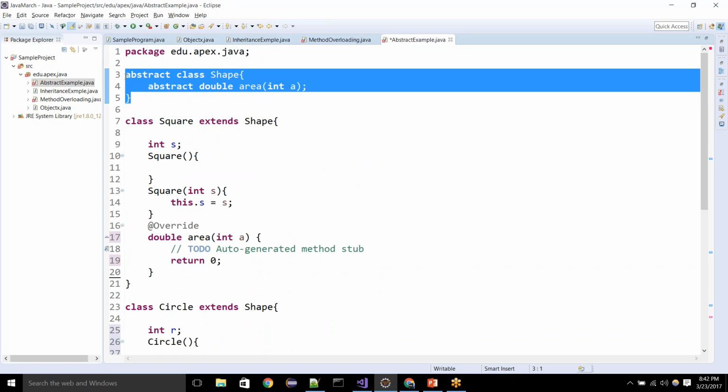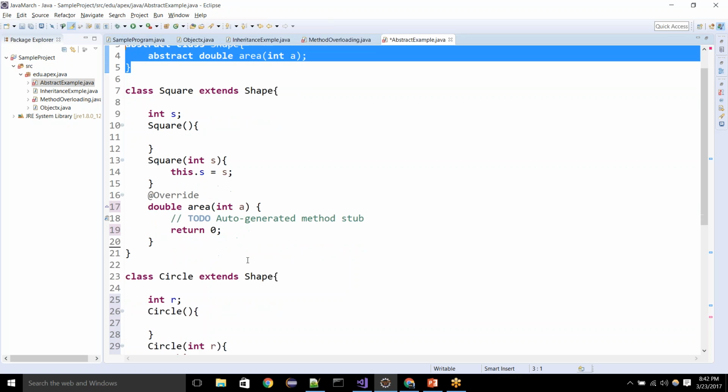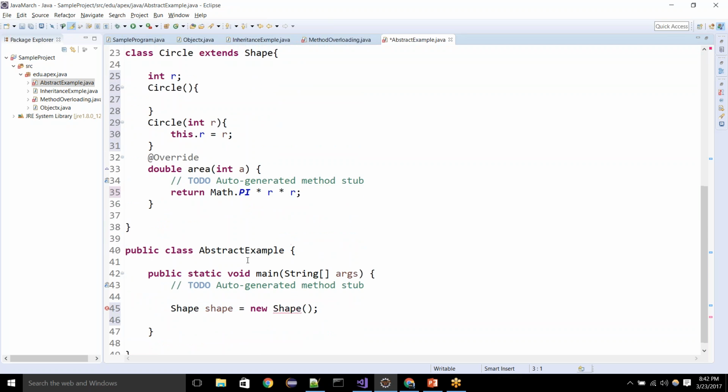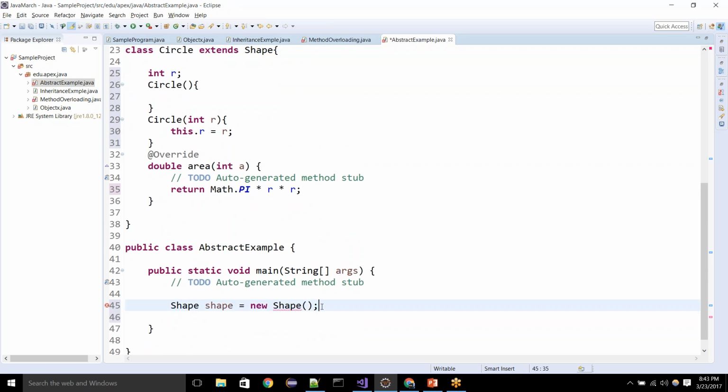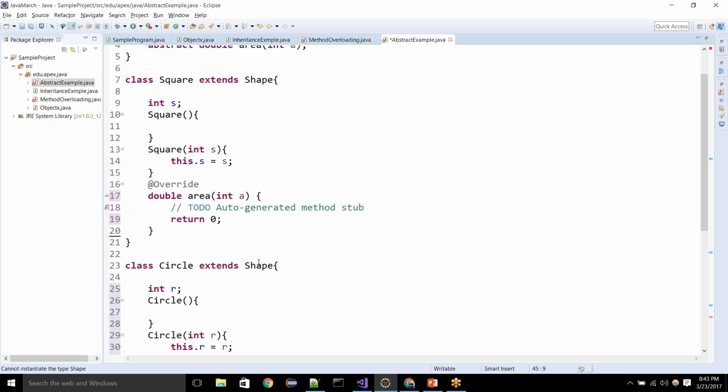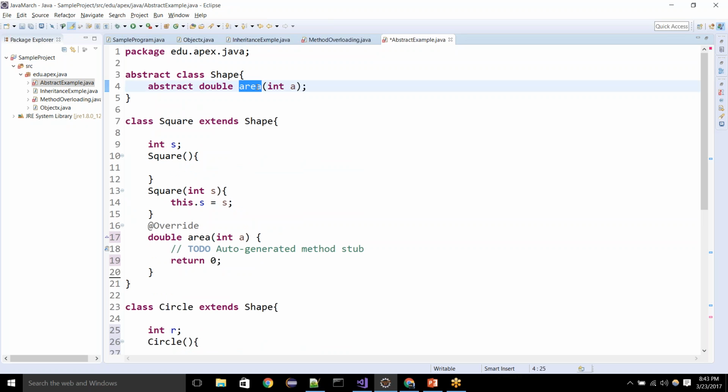This was asked in an interview right here in this consultancy to someone. The question was, why can't you instantiate an abstract class? The reason is, if it was allowed to create an object of an abstract class, then using Shape, if I would have called this area, what would have happened? Because this is an abstract method, the program would have just broken down, right? So the reason is you cannot instantiate an abstract class because there might be abstract methods. So if you call those